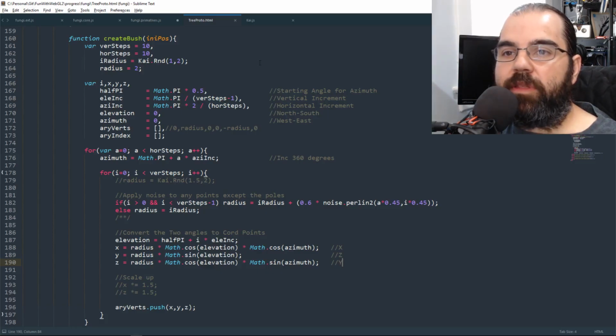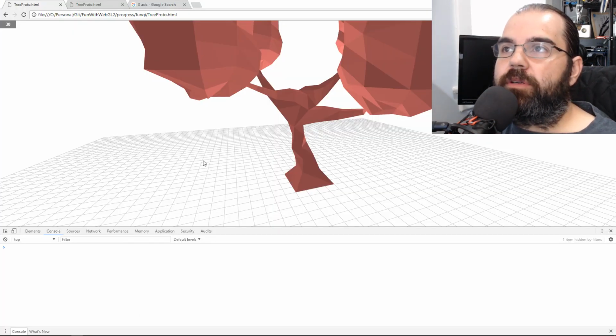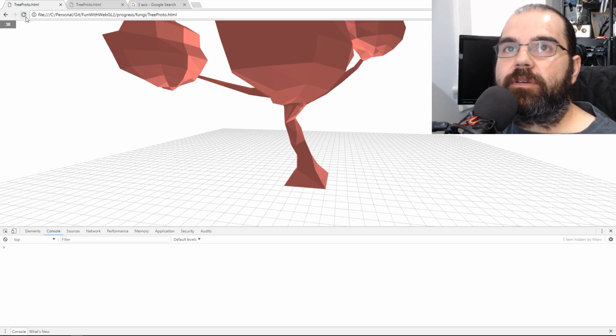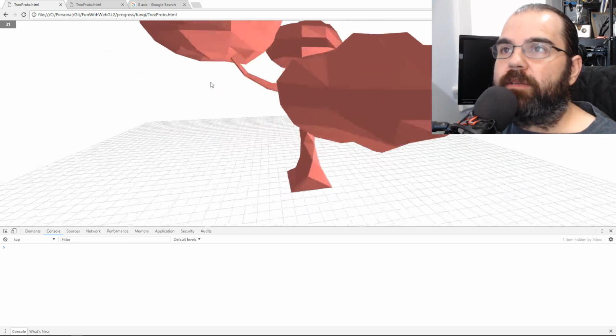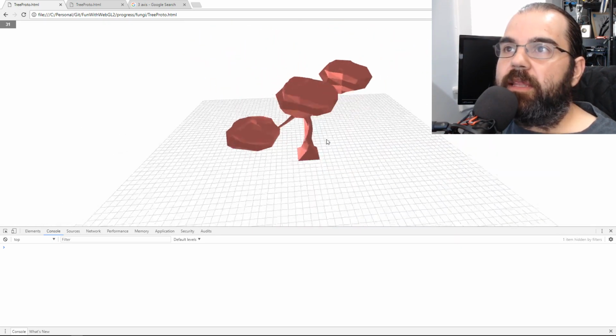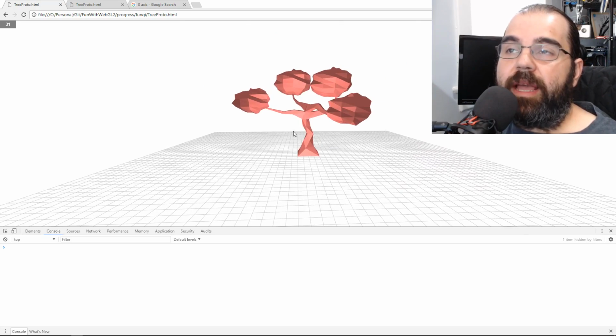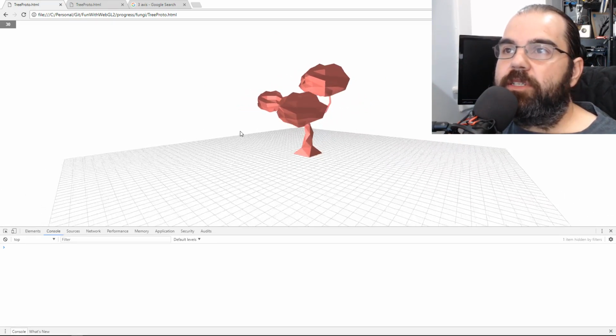So the final thing I did was that I wanted to scale the x and z position. I want to make the bushes wide, but not tall. So now when I refresh, they're just wide. I just made them wider. And that's pretty much it. That's our tree. The only thing you can do next, which I didn't bother with because this is good enough for me,